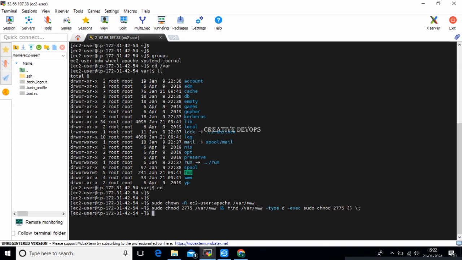Okay, next step, to add the group write permission, recursively change the file permissions of /var/www and its subdirectories. Okay, find /var/www -type f